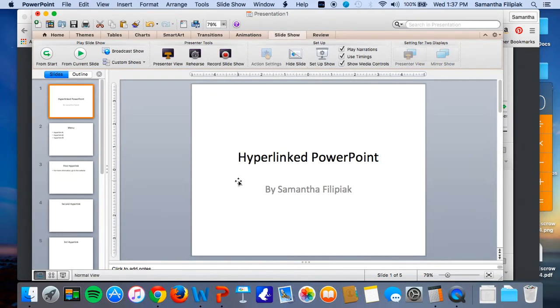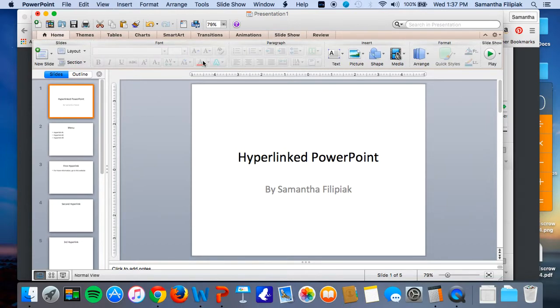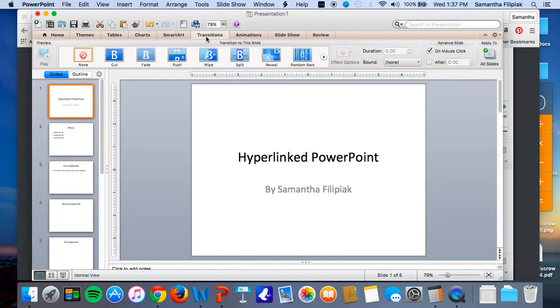And we'll click OK. You could also, in this, set up different slide transitions if you'd like. So if you click the transition slide, this is something that you're not going to have to do with this presentation, but down the road, if you wanted to set specific transitions and make your PowerPoint advance after a certain amount of time, you could go through and have where it says advance slide up here, and you could just click on after, and you could choose like after 10 seconds, I want it